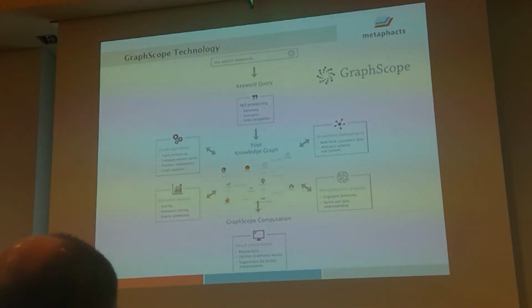Let's have a look under the hood. How does this technology work? So if we start here with this